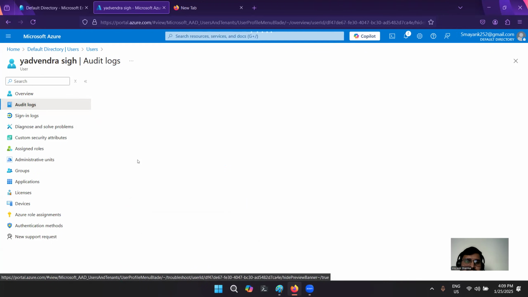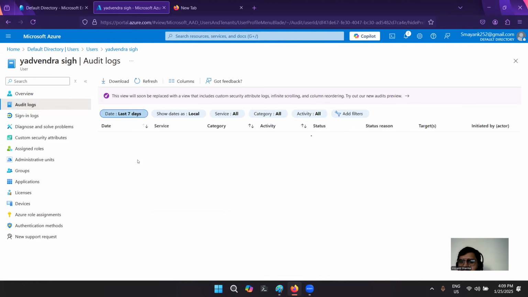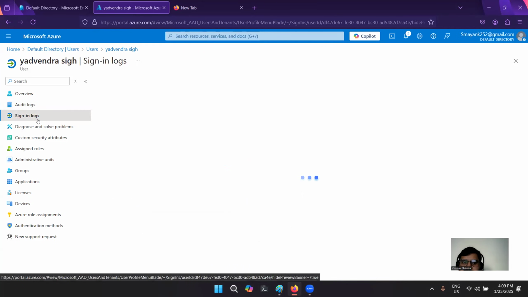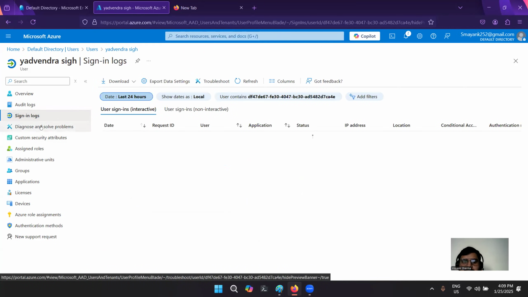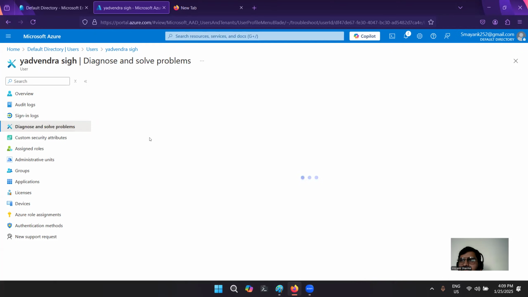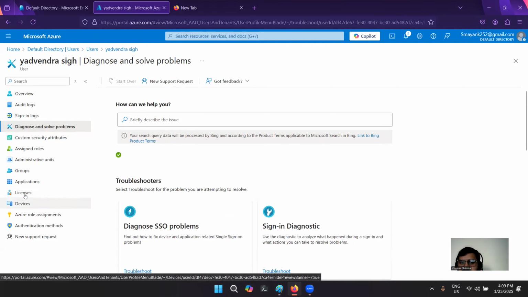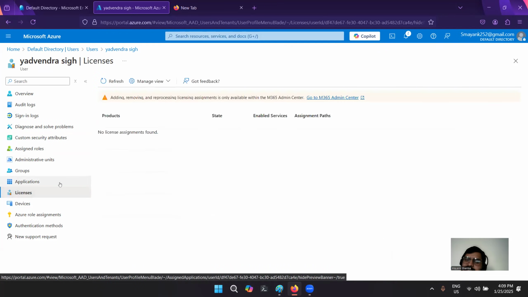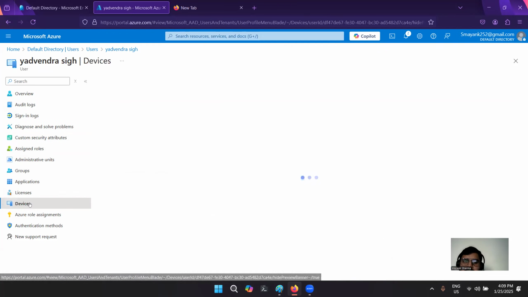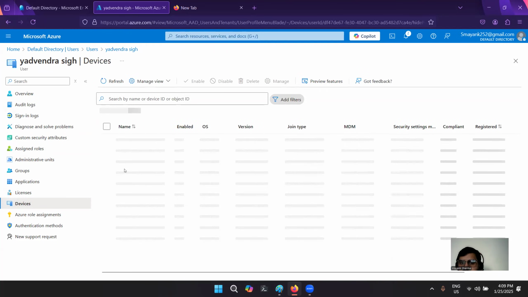We have audit logs, so whether that user has logged in or not, and how many times this user has logged in, we can see here as well. If that user has sign-in logs or not, we can diagnose and solve the problem. Likewise, there are multiple things, like what licenses are assigned to this particular user, or what devices are allowed for this user.